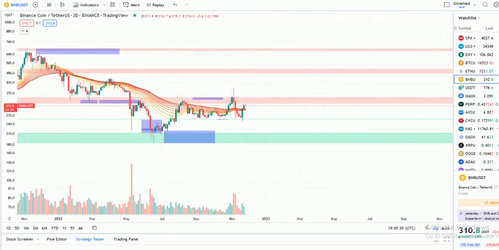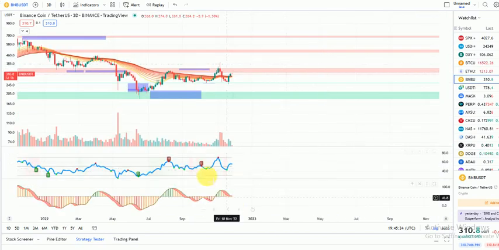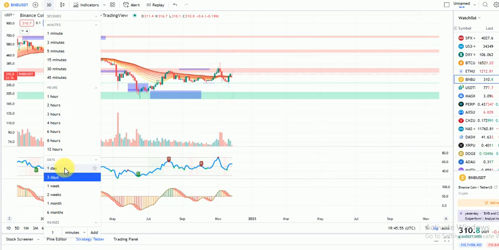As you can see, currently this is the 3 days time frame. If we bring up our indicators, as you can see, this is looking very bearish. We're having the same bearish engulfing on the money flow, right? This is a bearish trend on the money flow, so probably we should see further downside for BNB on the 3 days time frame.